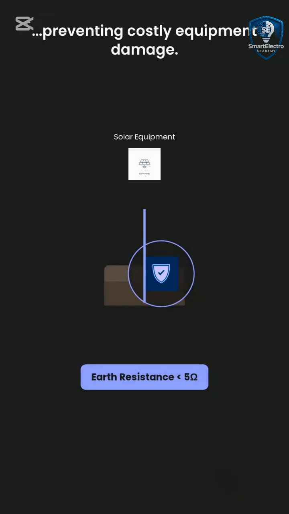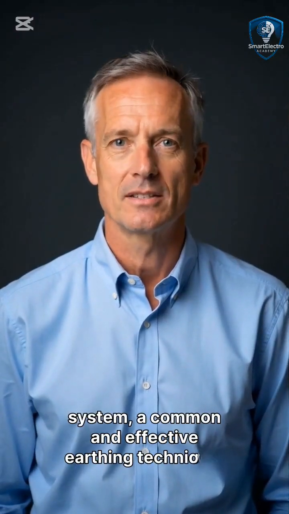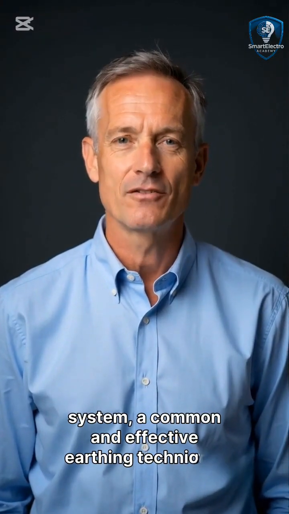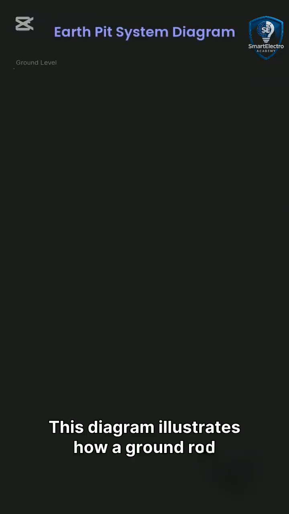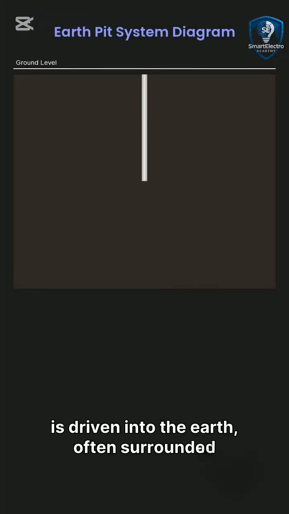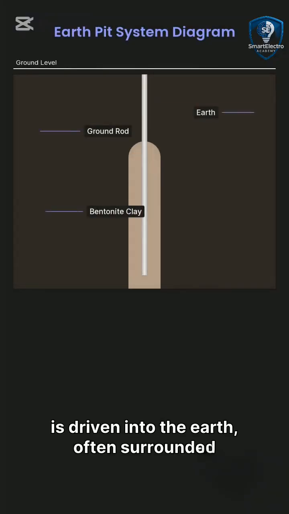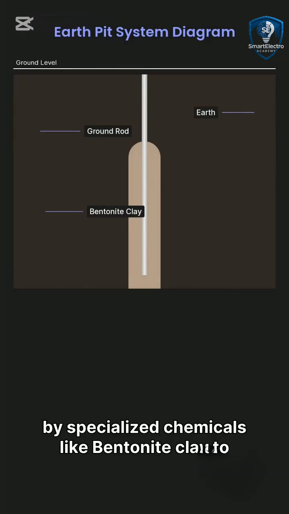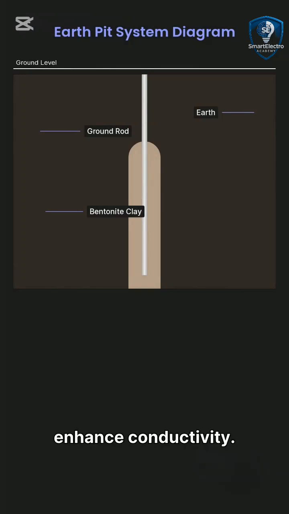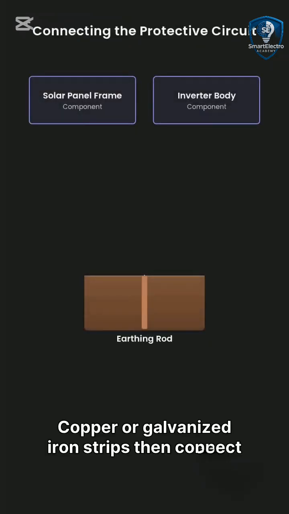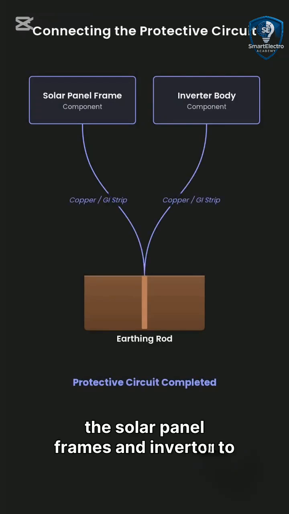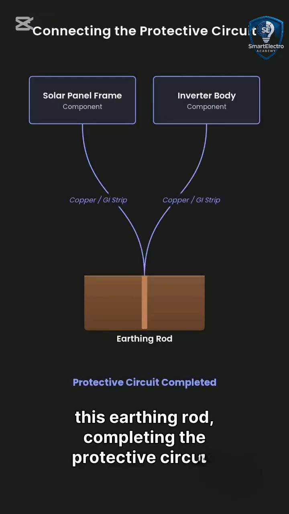Let's look at a typical earth pit system, a common and effective earthing technique. This diagram illustrates how a ground rod is driven into the earth, often surrounded by specialized chemicals like bentonite clay to enhance conductivity. Copper or galvanized iron strips then connect the solar panel frames and inverter to this earthing rod,